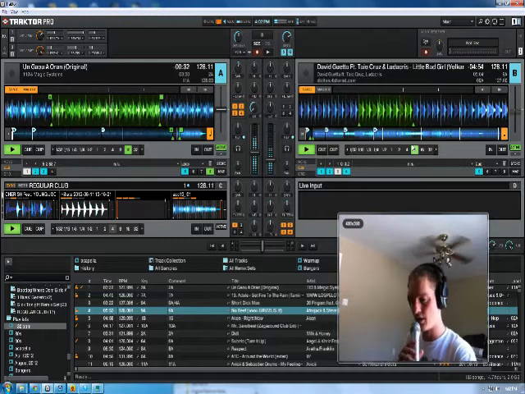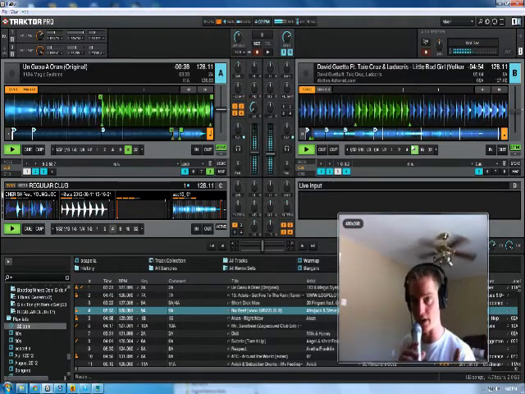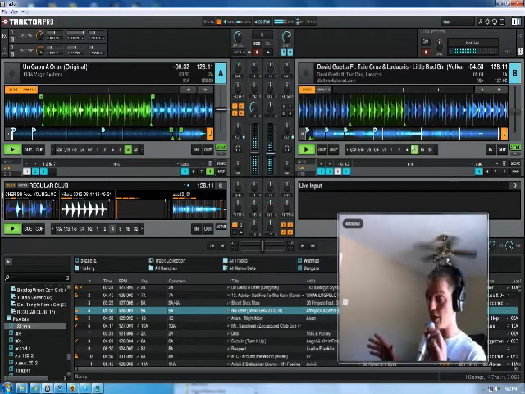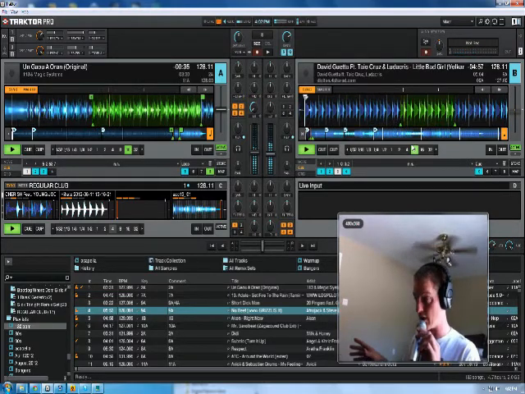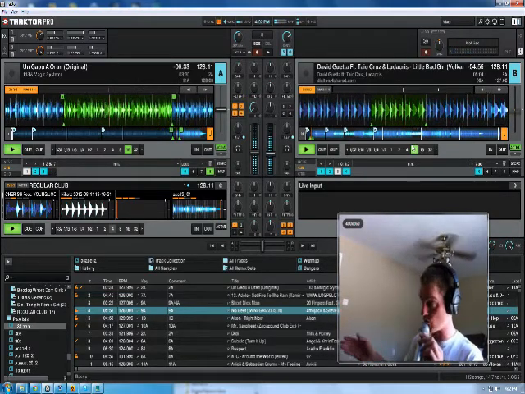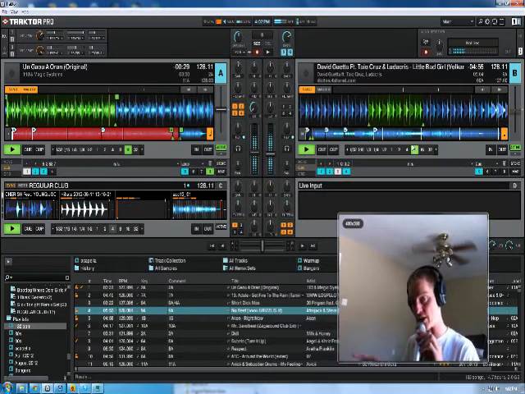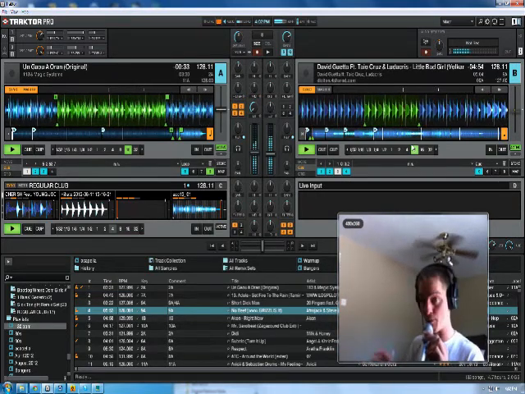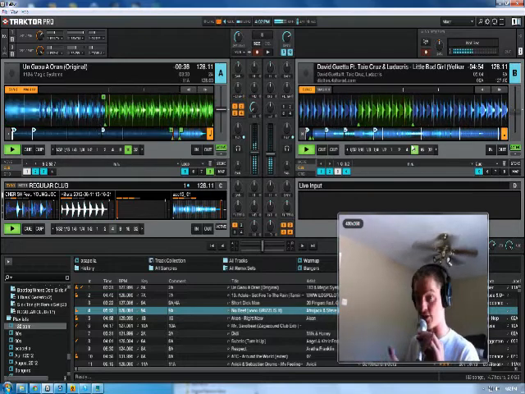Alright, so let's go ahead. If we're totally off and we don't know exactly where anything is, let's say that something like this were to occur and you have no idea what the heck is going on. Look for the next phrase, and then look at your other track, and then kind of subtract. Oh, I was off 1 or 2 or something like that. You'll know ahead of time, or you should know ahead of time. Actually, by the time the next phrase hits, you'll probably be screwed.